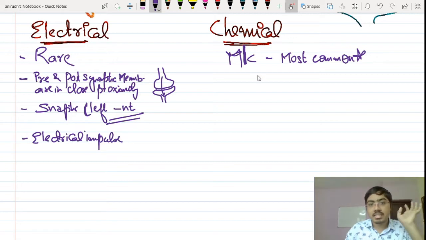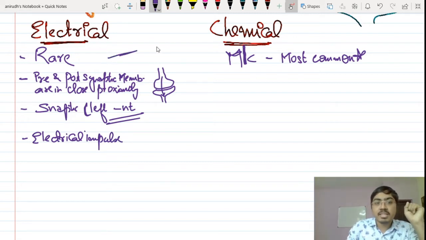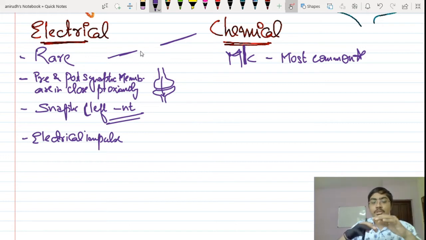So let us imagine that current is flowing through a wire. If I keep the next wire at a distance like this, will the current jump from this to the other side? No, as long as the potential is small. In our body the potential difference is very small, and the current flowing is very low, less than even 1 ampere, point something ampere. So if I keep these two wires at a great distance and call this the big synaptic cleft, then the current will not be able to jump from this point to this point.